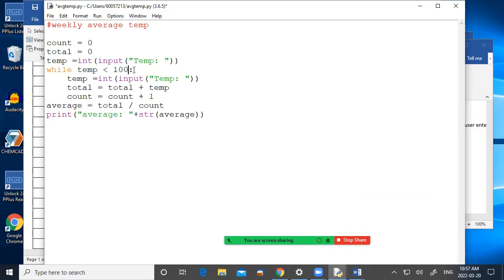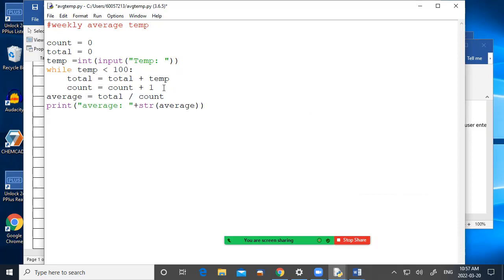That's our Sentinel loop. A Sentinel loop is controlled by the user putting in an input. The user's input controls it, so we will stop when they do that. Now, I'm going to take this and remove it from there because we've already got it at the top, right? I'm going to make it the last thing in our loop. That'll make it better so that when they enter a temperature of 100, it doesn't add